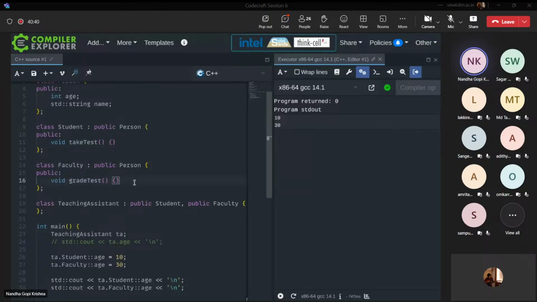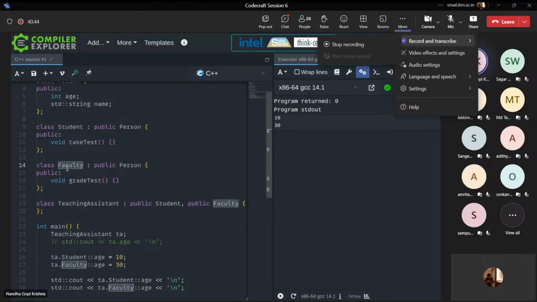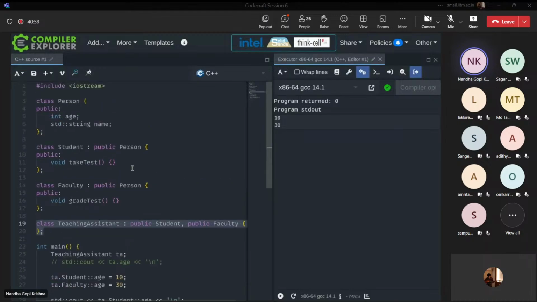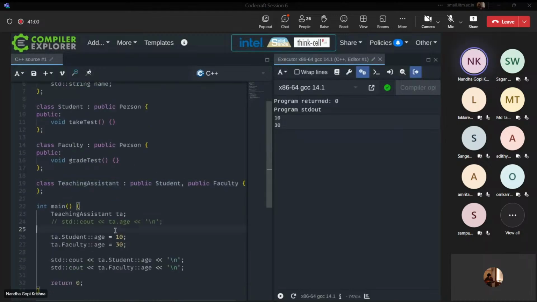Then you have a special class called teaching assistant that inherits from both student as well as faculty. As you know, teaching assistants themselves are students. However, they can also grade tests. So that is why we inherit from both student as well as faculty. However, notice what happens is that when I want to set TA.age,